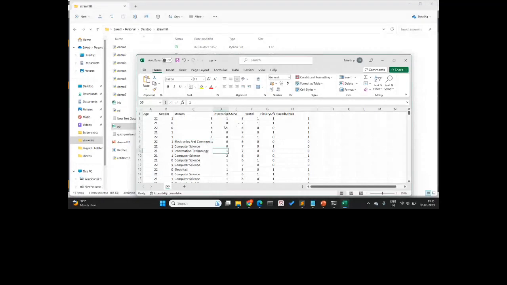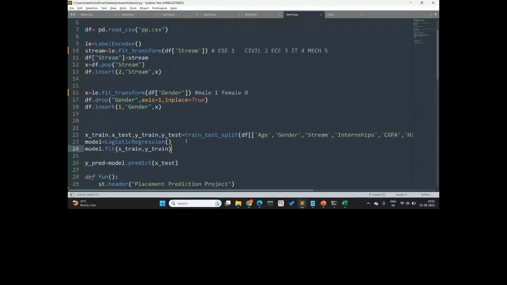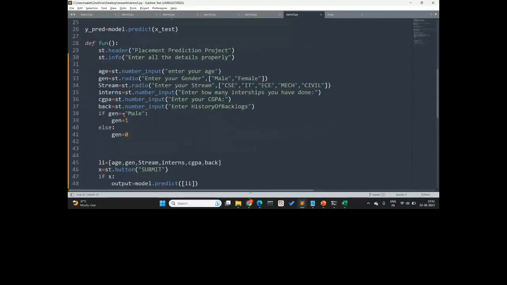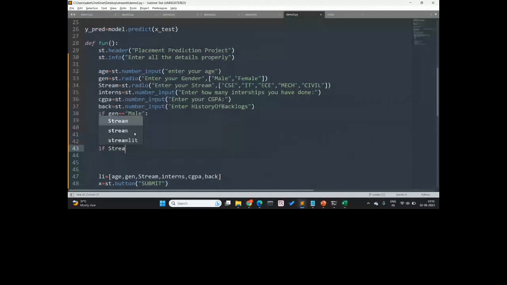So like that our data set will be totally converted into numbers. A machine learning model can only make a prediction when all the attributes are numbers. So we are changing our gender and the stream here to numbers. That is the reason why we are changing the gender into 1 or 0. Now we'll change the stream also. It is also in strings, right? If stream is double equal to, let's take CSE, then